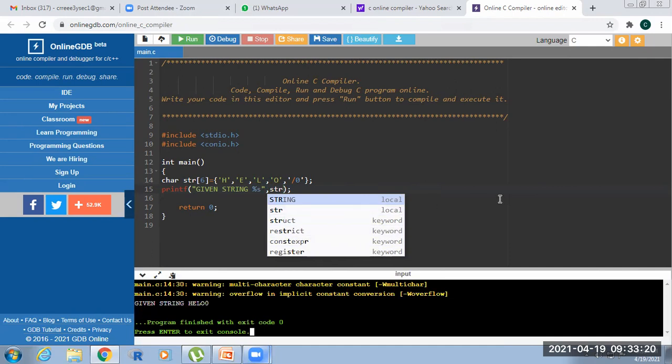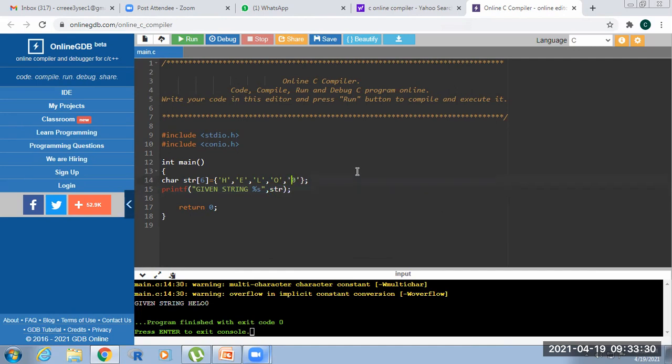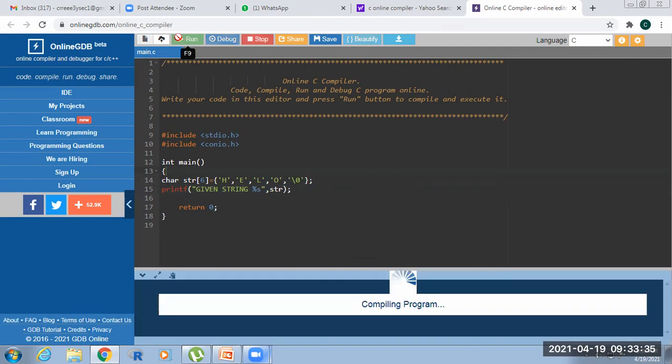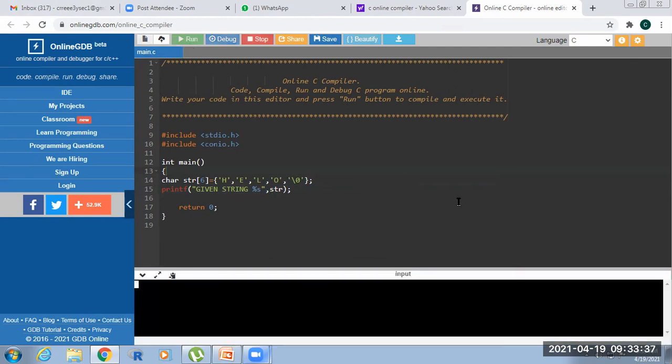See here, hello. Here, the null character will not be written in the correct way. So now see here, backslash zero is equal to backslash zero. Here given hello, so the given string is hello. Okay. So in this way you represent the string.